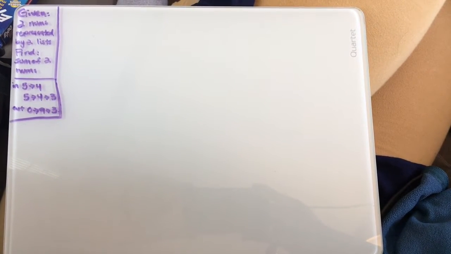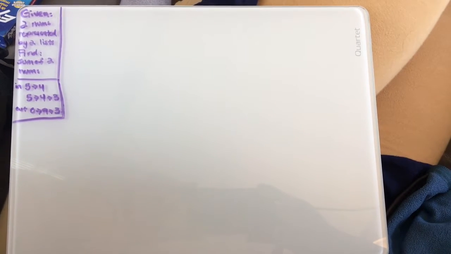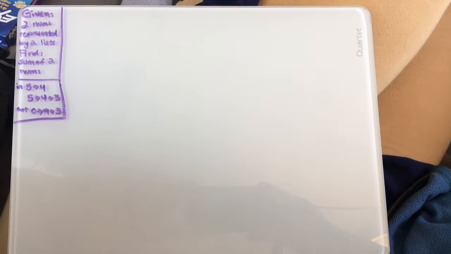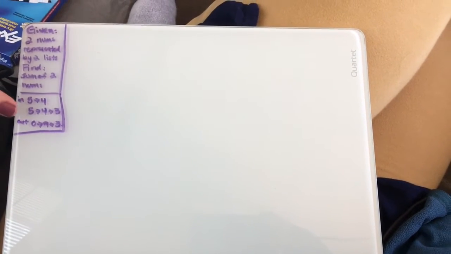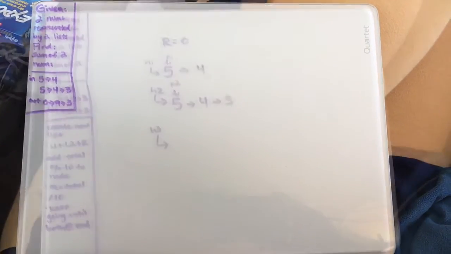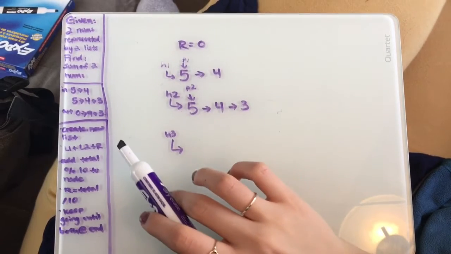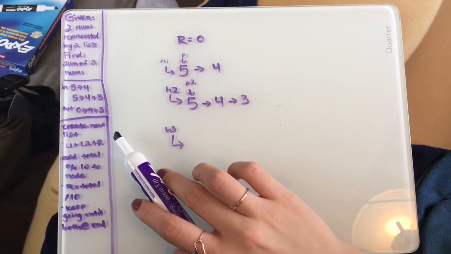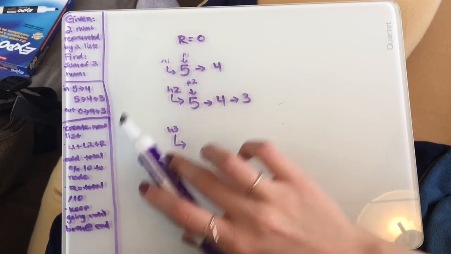For this problem, we're given two numbers represented by two lists, and we must find the sum of the two numbers. So an example is the input of list 1, 5, 4, and list 2, 5, 4, 3. So 5, 4 would be 45, 5, 4, 3 would be 345, and the output would be 0, 9, 3, which is 390. To solve this, I'm going to create a new list, and then we will add